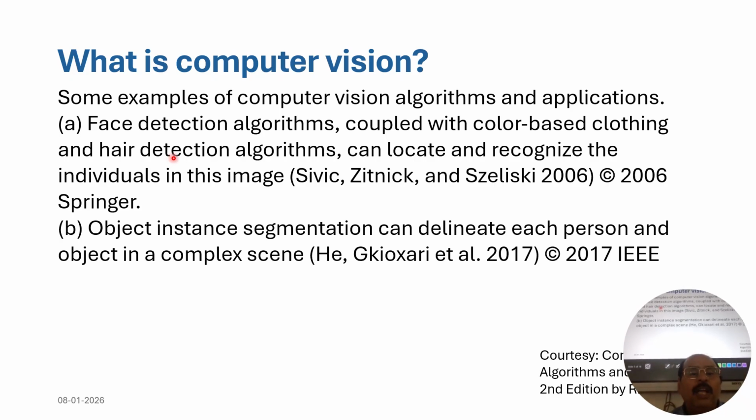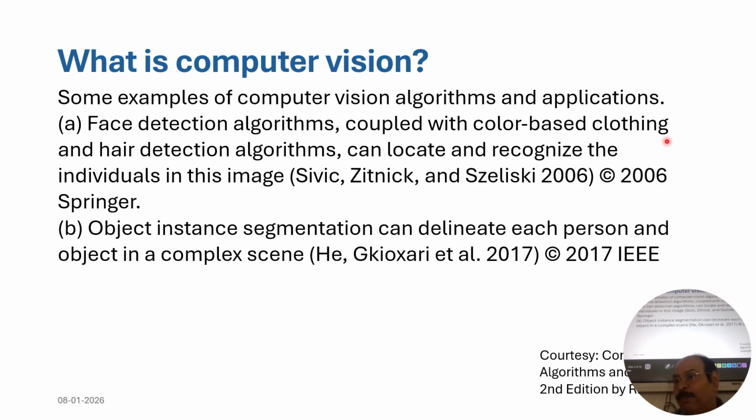Okay, and we have this color-based clothing. I would like a computer to find out how many of you are wearing red shirts or yellow shirts. What is the logic behind this identification? How can a system determine how many students are here with a red shirt or yellow shirt, and so on? How will you determine that?